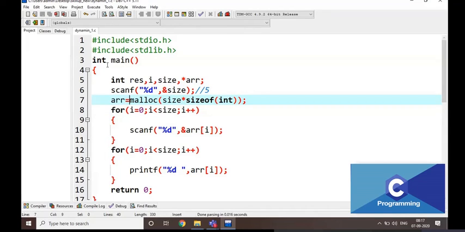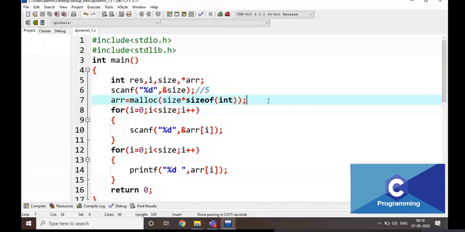In some notations they are going to write it like this also, int star. There is no need to write it. If you want to write, just note it down, no problem. Int star malloc of size into size of, this is the optional one. What type of memory locations are you going to store? That is going to be integer. If you want to write, that can be written. There is no need to write this one. This is the optional one, no problem. malloc of size into size of integer.